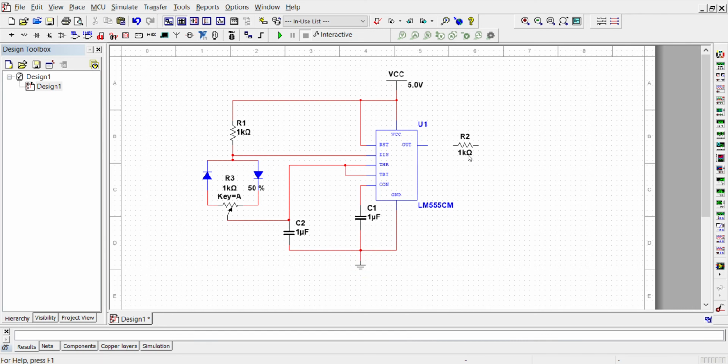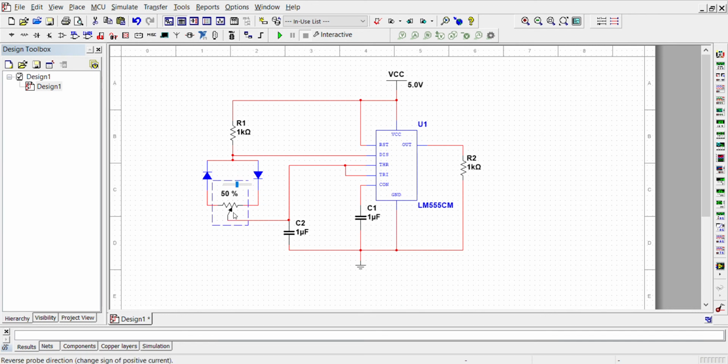After that, come here, click here, click and connect. Now double click on the potentiometer, click here, delete, uncheck, okay, done, okay.